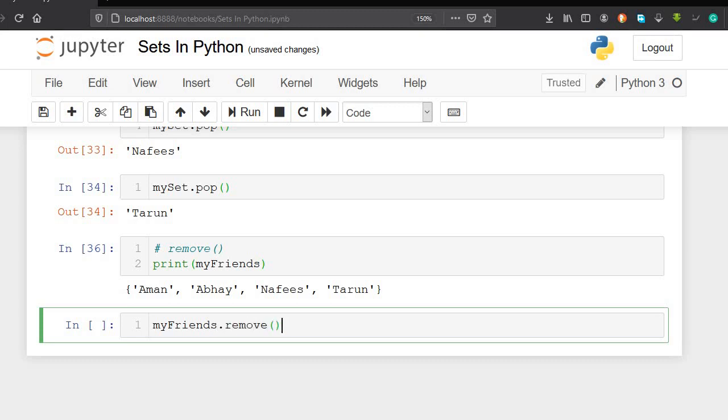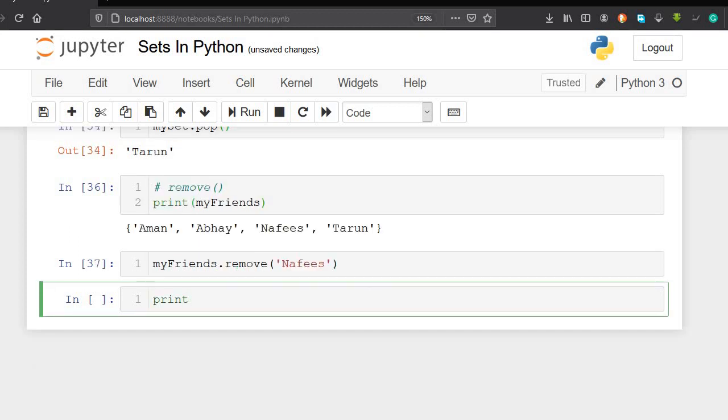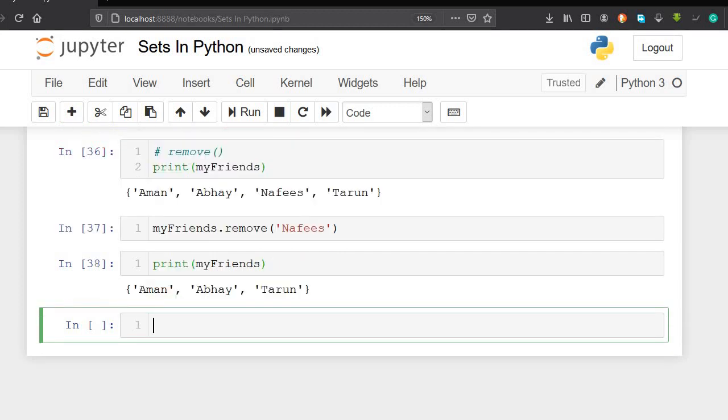Remove is the name of the method, and in these brackets I have to write the argument. The argument will be the element which we want to remove. So the element is Nafis. Now let's again print this. See, Nafis has been removed from my set elements.